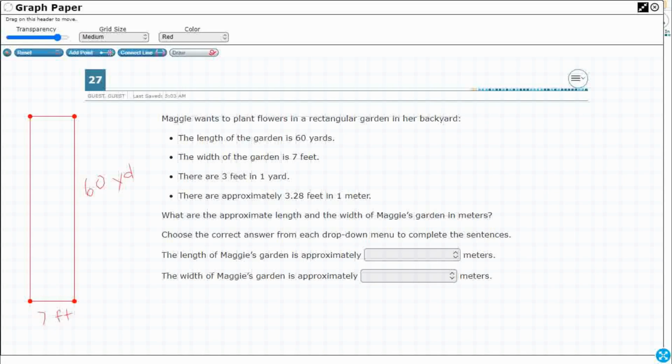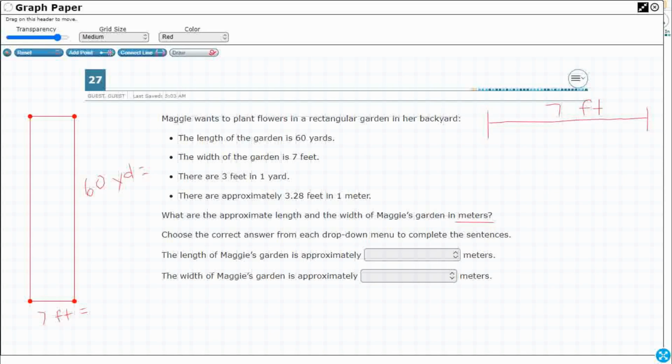3 feet in a yard, 3.28 feet in a meter, and I need to find the approximate length and width in meters. All right, so we're just converting my yards into meters, and then I need to convert those into meters as well. So let's start with that 7 feet, right? So I'm just going to give you a total here. So this is 7 feet,